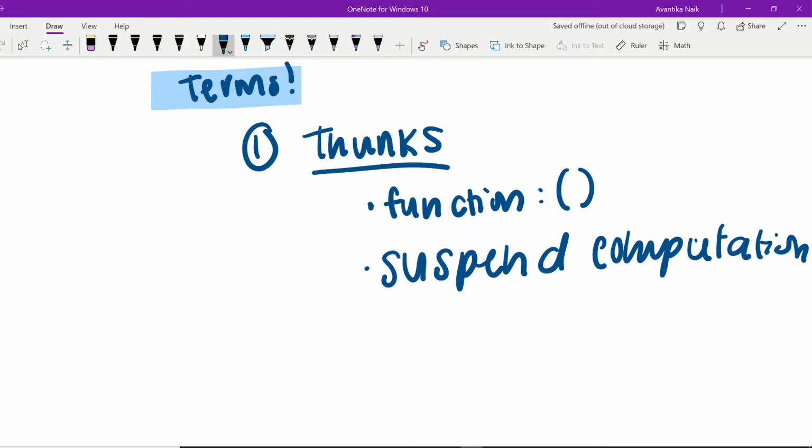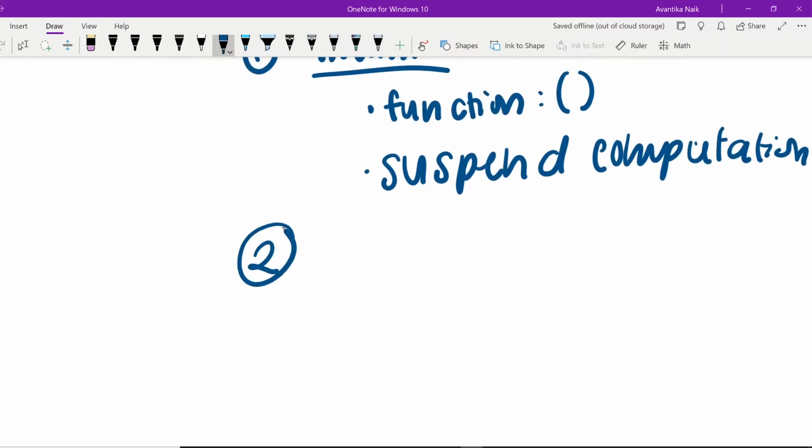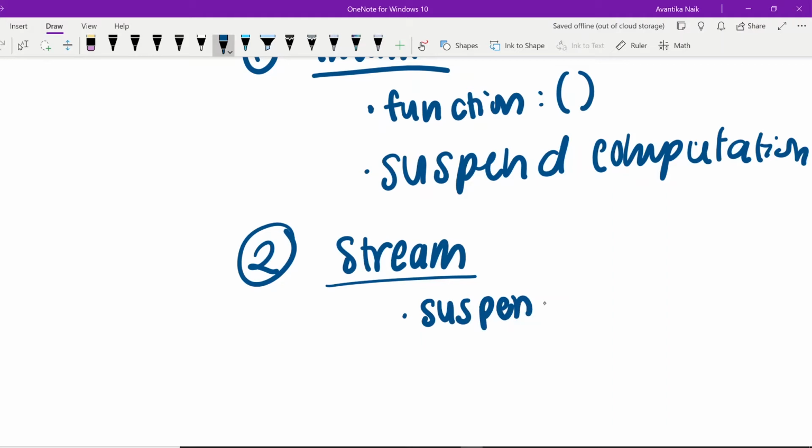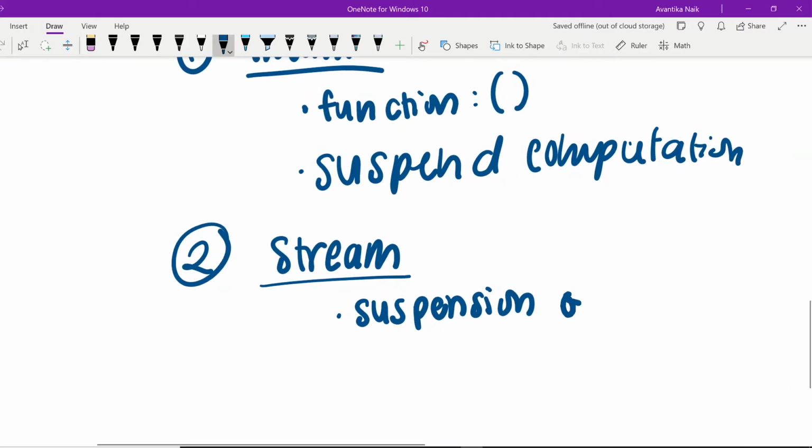Another aspect of lazy programming is an infinite data structure that helps us facilitate delayed computation. This is called a stream. Streams are really cool. You can think of them kind of like an infinite list, but they have their own parts and terminologies alongside them. So streams, by the formal definition, are just a suspension of a front. And a front is kind of like the head of your list or the head of your stream. This data type, a stream, allows us to recurse infinitely because it, as a data type, is infinite.